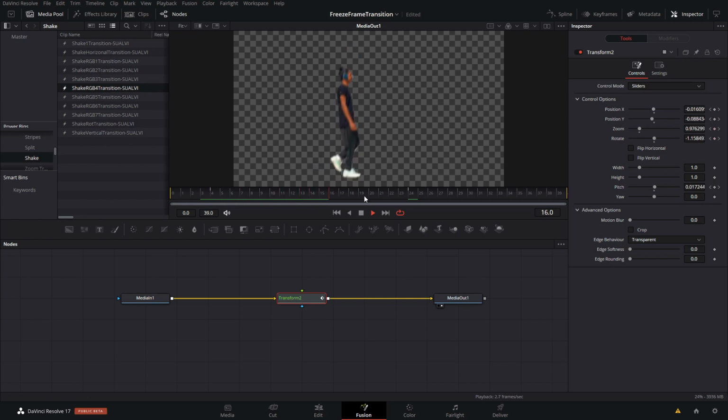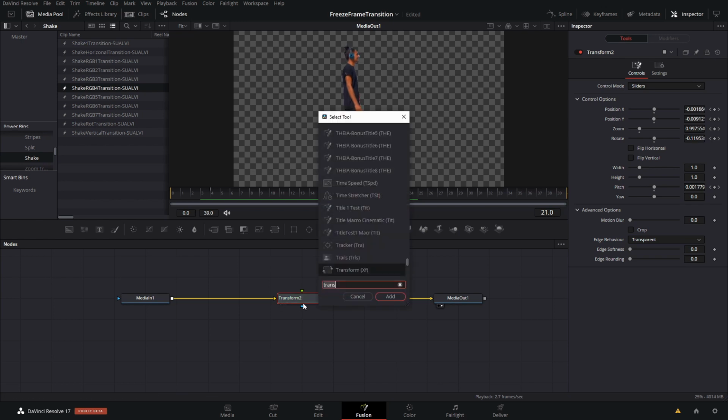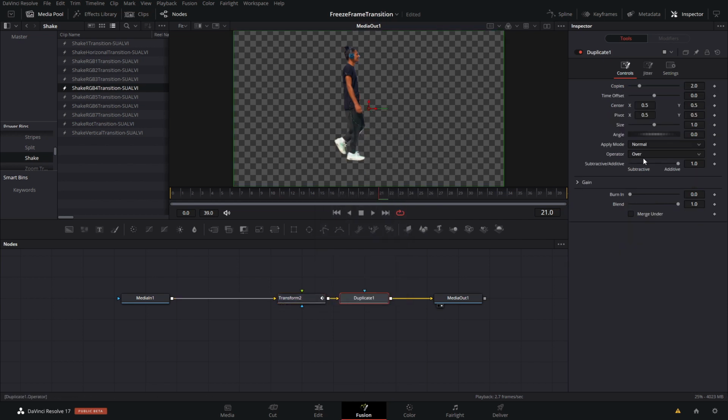So now we can see the motion blur that's working. And if we want, let's do a duplicate of these. We're gonna have like 4 duplicates. The offset time is gonna be -2, like that, sort of like an echo. And where's it, merge under, so they're gonna be coming from behind him,